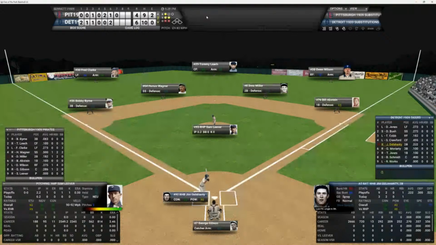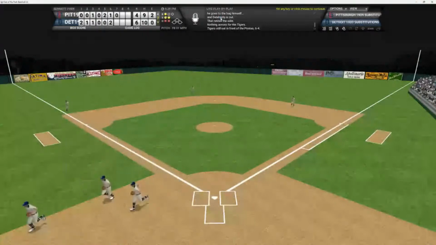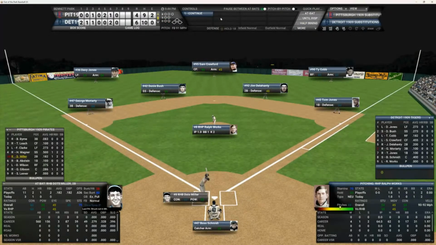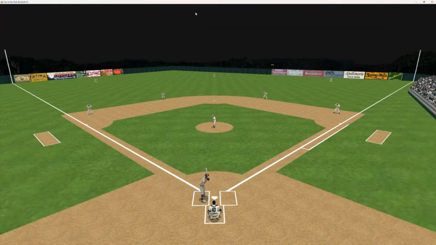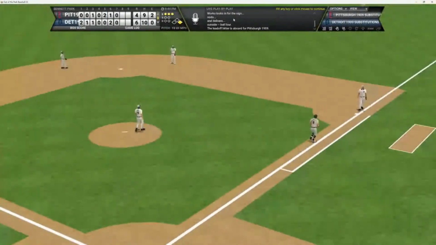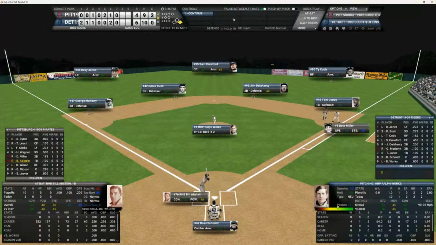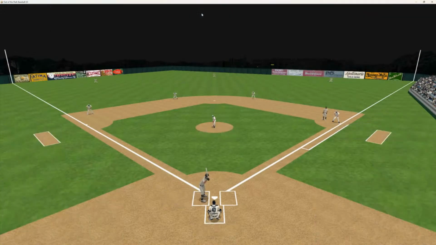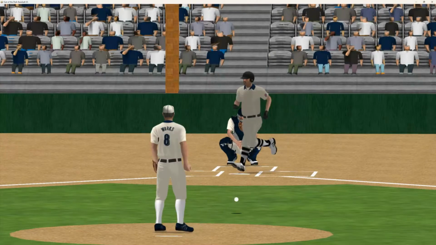We go to the top of the 8th. Tigers holding on to a 6-4 lead. They've got Miller, Abstein, and Wilson here in the top of the 8th against Ralph Works. And that's going to be ball number 4. So the Pirates get the tying run to the plate with a leadoff walk. Can Bill deliver here? He's 1 for 10 in the series. Here's the 1-2 pitch to Bill.